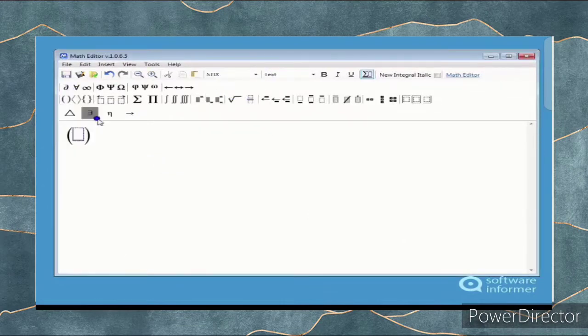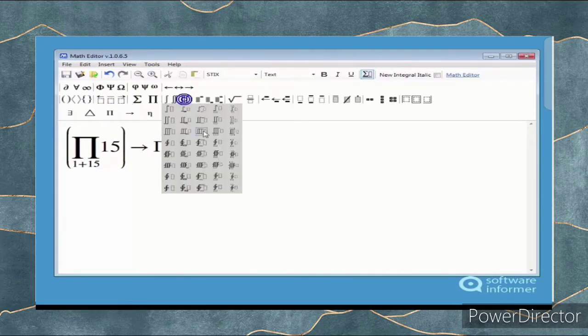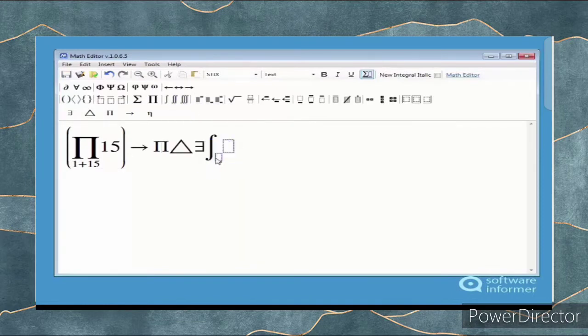As you can see over the screen, in this software there is a variety of applications that is beneficial for teacher training in future.